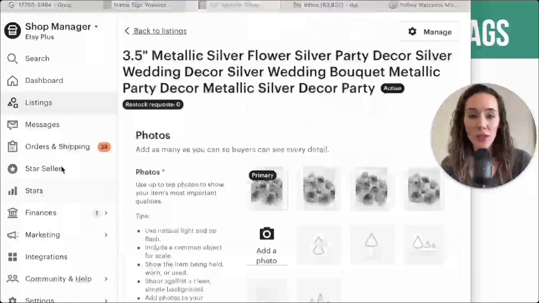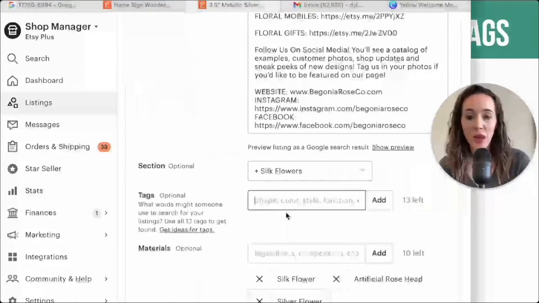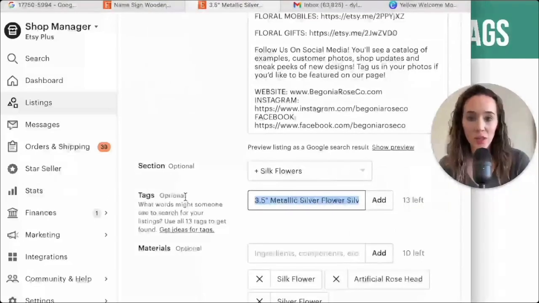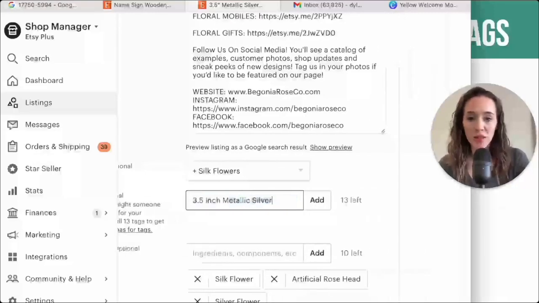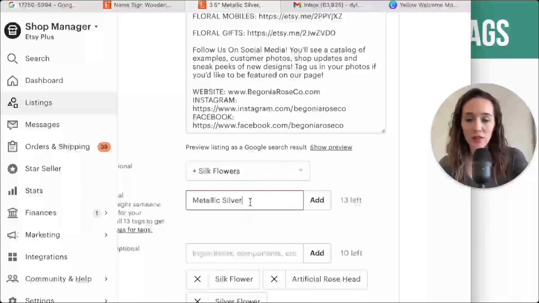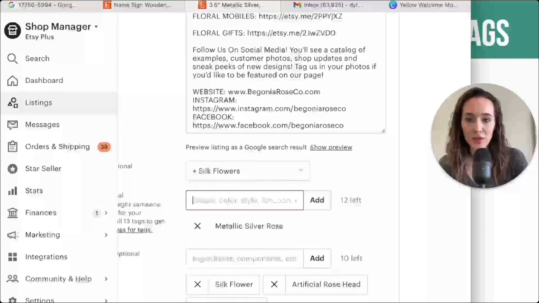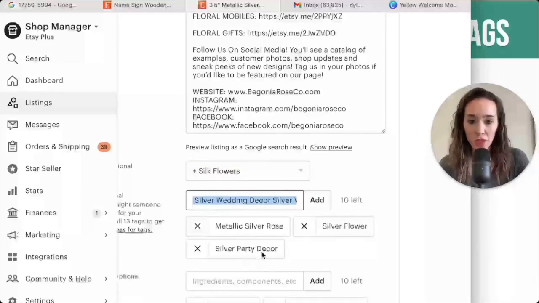So I'm going to walk you through exactly how I would add tags for this listing. I'm going to copy and paste the title into here as a starting point, just so I don't have to keep scrolling back up. So you can't have inches, but I would do 3.5 inch metallic silver, because you can only add so many characters. See, 20 characters. Metallic silver flower, rose, silver flower, silver party decor, silver wedding,